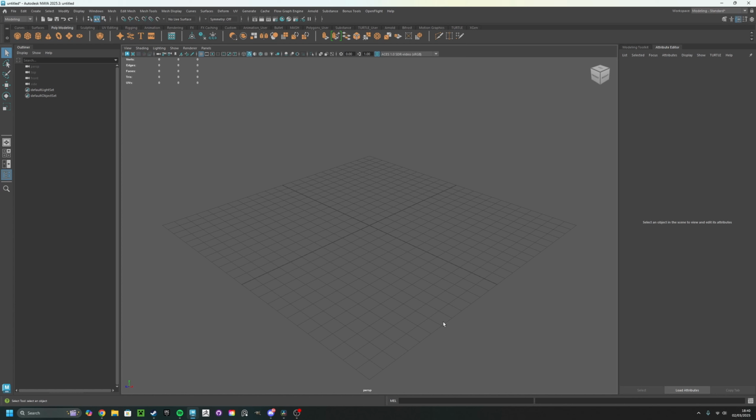By default, Maya's grid looks like this. Each one of these little squares is 1 unit or a centimetre, which means the grid is 12 centimetres by 12 centimetres. If you want to change the grid and make it a bit bigger, all you have to do